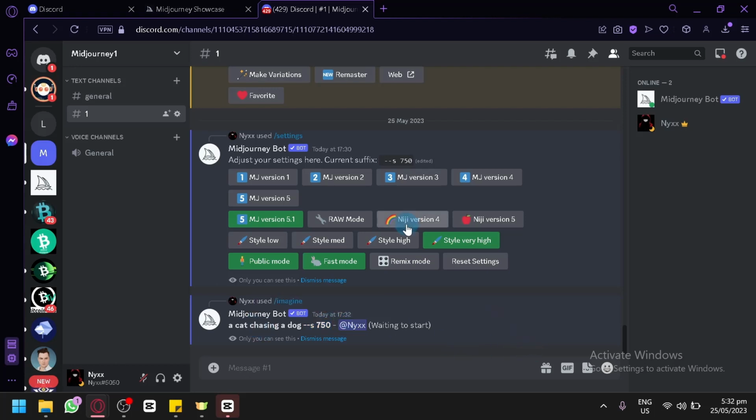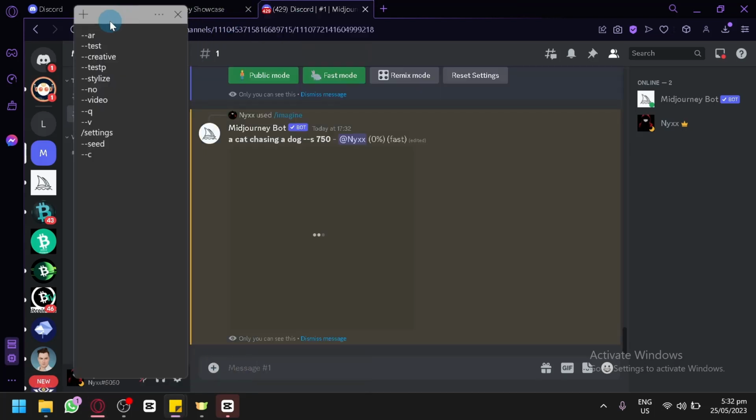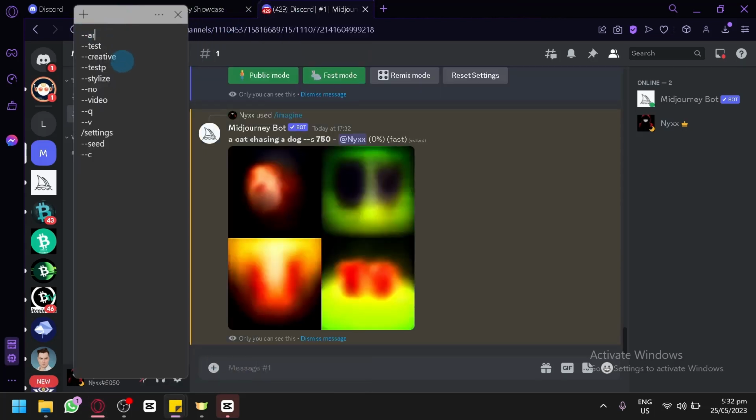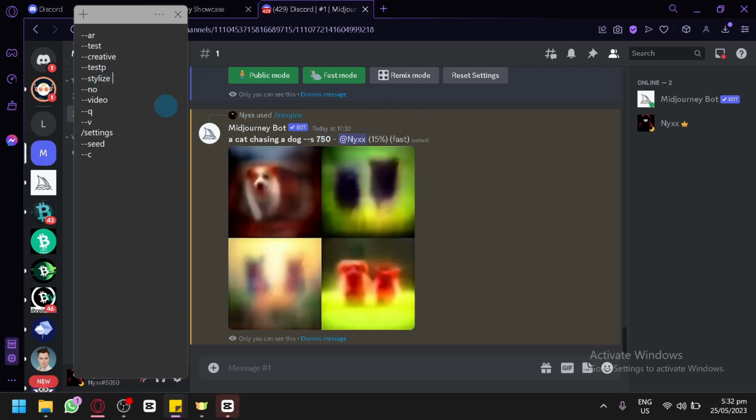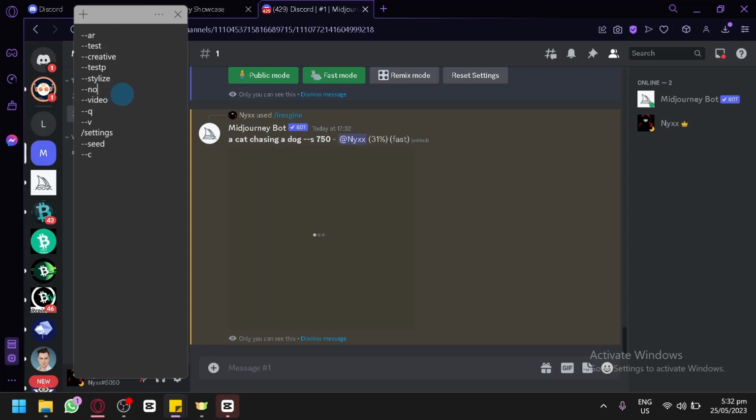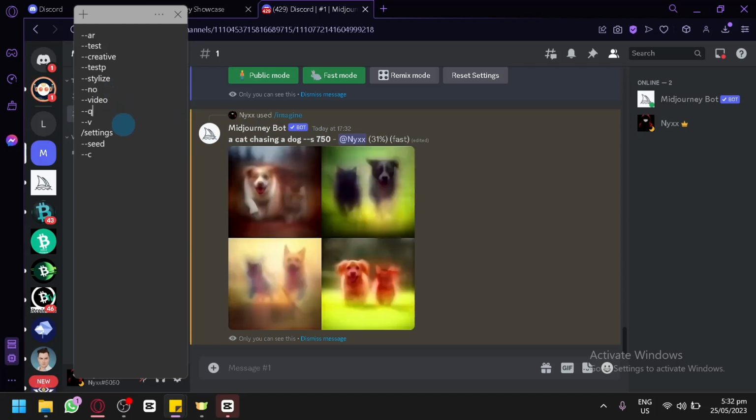Now, if you would like to know all the current suffixes, you could have this list over here. These are the different lists. We have the aspect ratio, test, creative, test P, stylize, which is basically the S here, no, which is a negative prompt, video, quality, V, and these are the settings that we did earlier, and seed over here, and chaos over here. You could try them out on your own, test them out, and see how different each and every